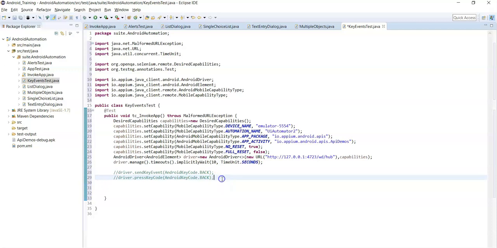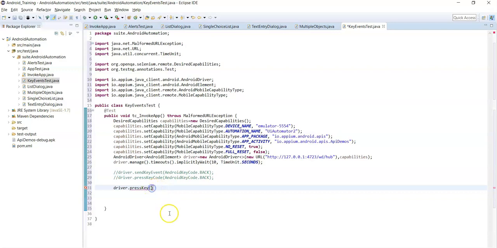So in the latest version the key events which we perform outside of the app can be handled with the help of the press key method. Here we need to pass the key event object.